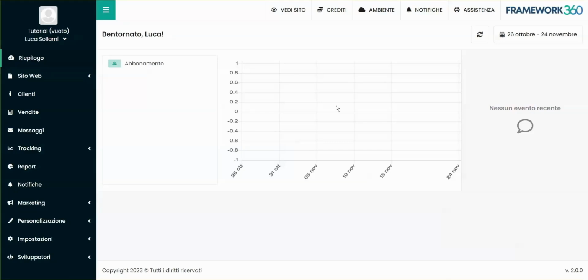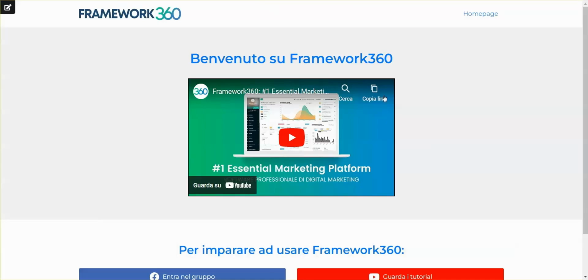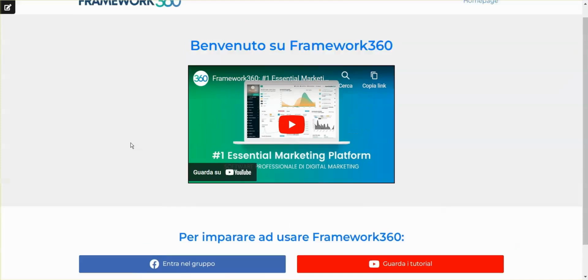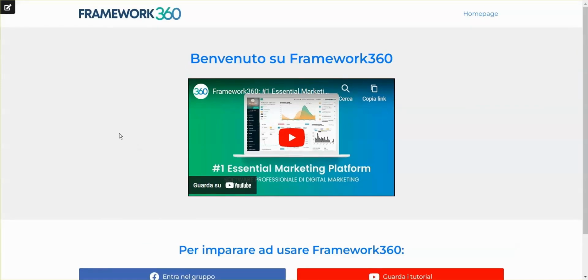In this video, we will see how to track the viewing of certain content on the website built on Framework360. We have created this blank theme, which is very simple and suitable for this type of tutorial. Let's pretend that we want to track when a visitor, for example, brought by a Facebook campaign or a campaign